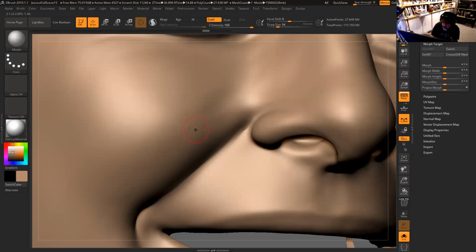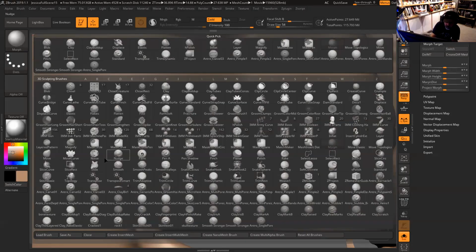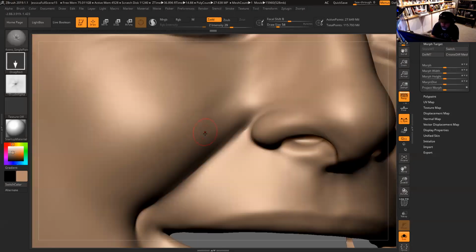Let's start over. So let's try a single pore. I'm going to make it a little bit smaller and a little bit closer. Yeah, I think this density is going to be better. I don't know if there's a lot of difference, but